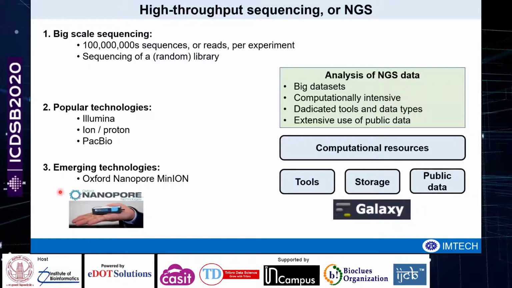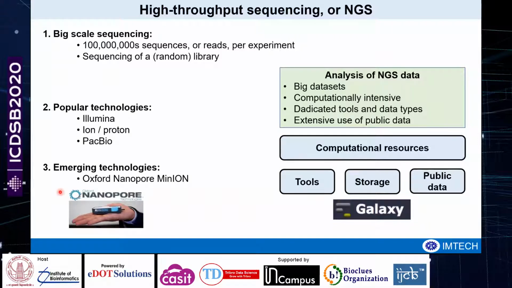But here I'm emphasizing nanopore MinION technology, because the data I'm going to use for further analysis is retrieved from nanopore MinION sequencing, which is an emerging single molecule strategy that has made significant progress in recent years.